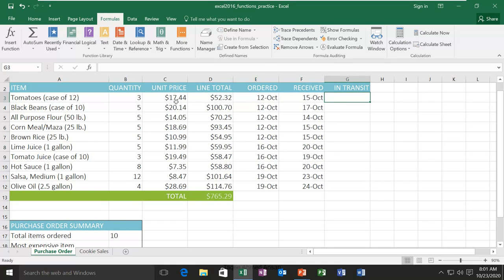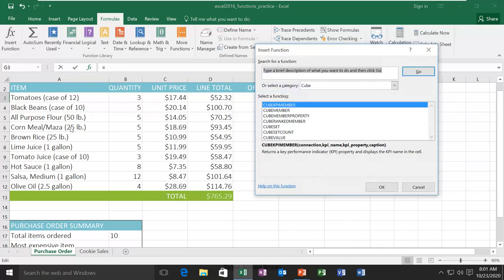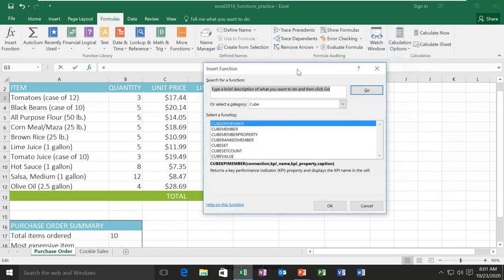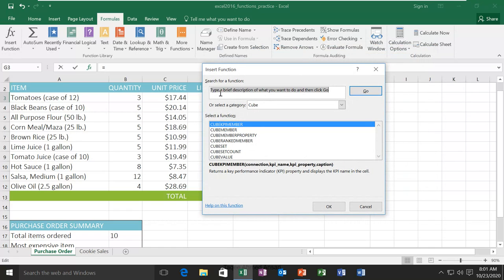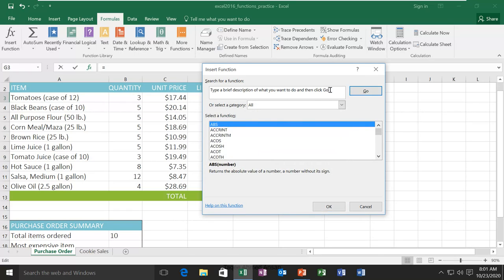I select here, I know the function, but still I go to the insert function command. Here you will see the dialog box where it says type a brief description of what you want to do, and then click Go. Here you have options to select the category. If you don't know the category, go for all and then type what you want.